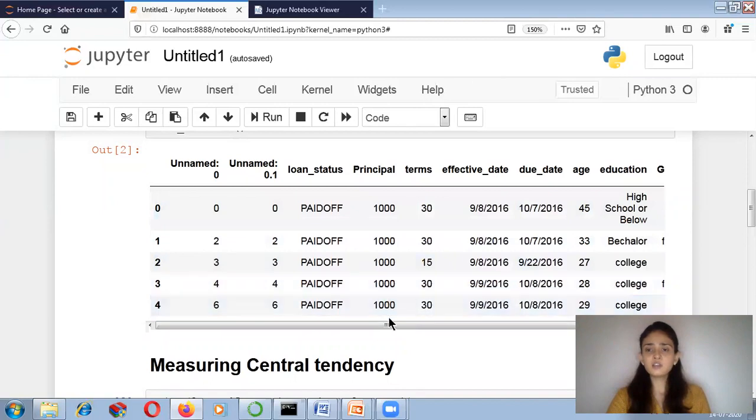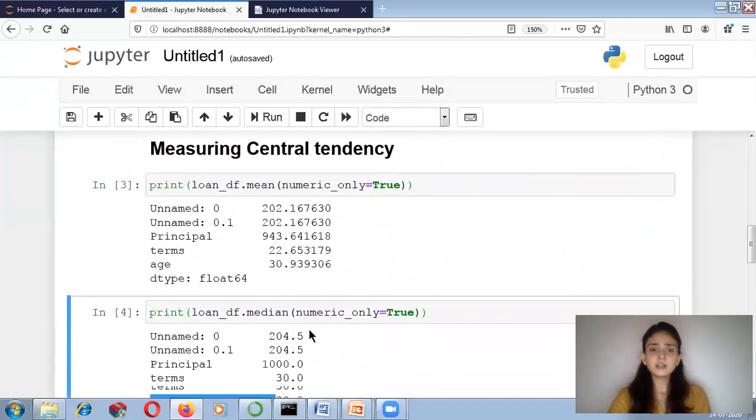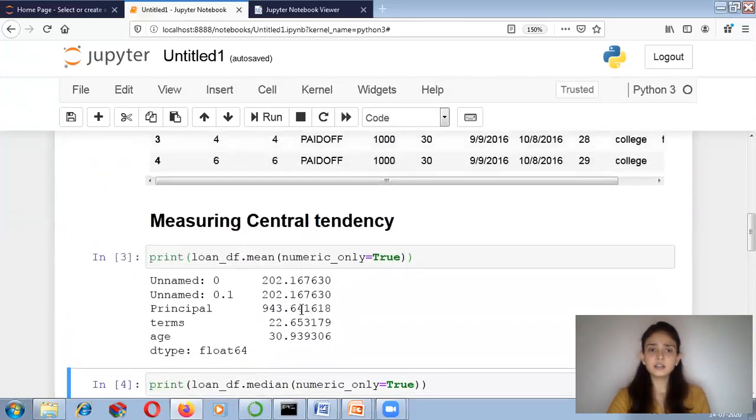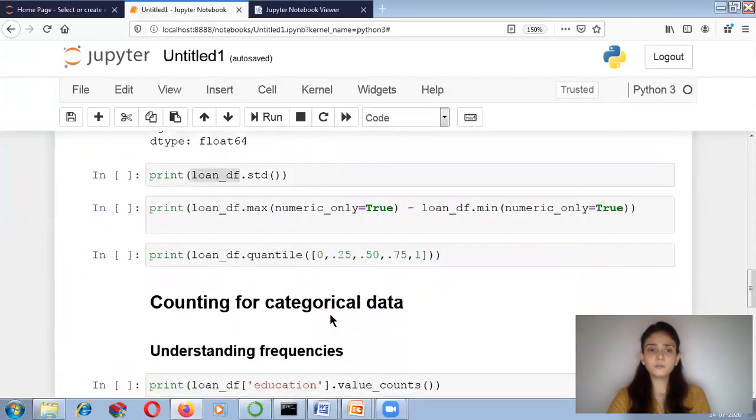So whatever the values are in the complete data set, that complete data set will be considered, and based on that the median will be calculated and it is showing the result like this. That is, for the column principal I am having the median as 1000. For the column terms I am having the median, that is 30. Similarly for the mean also.